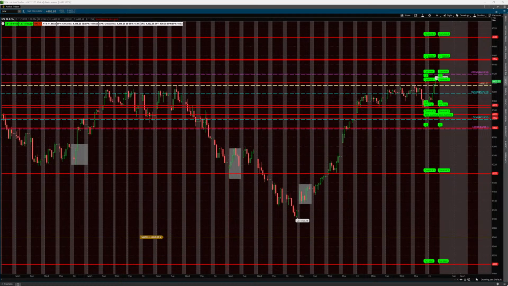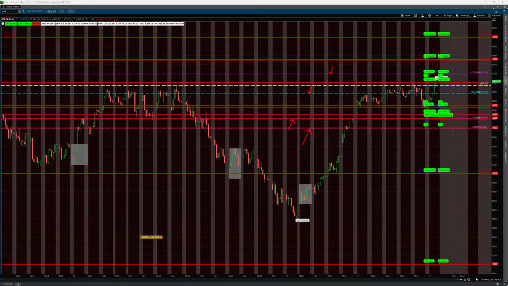All right, so those are the turning points. Let's take a look at some levels now. First of all, the dashed purple lines are showing the lower and upper weekly expected move, and it looks like SPX may be heading up toward that upper weekly expected move at 44.18. That's based on the options market. That changes once a week. Then the dashed blue lines are showing the lower and upper daily expected move. SPX trading well above the upper daily expected move.